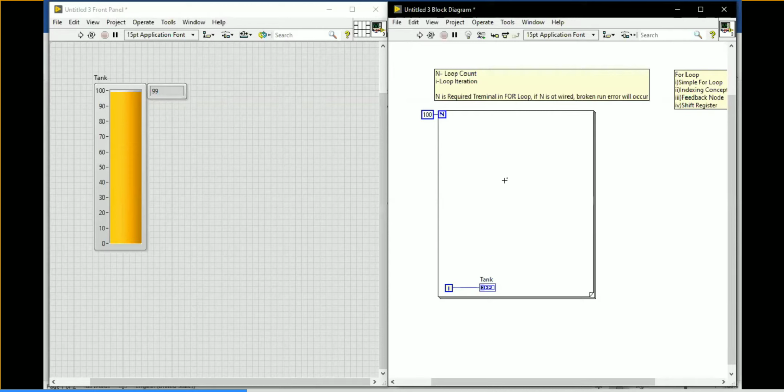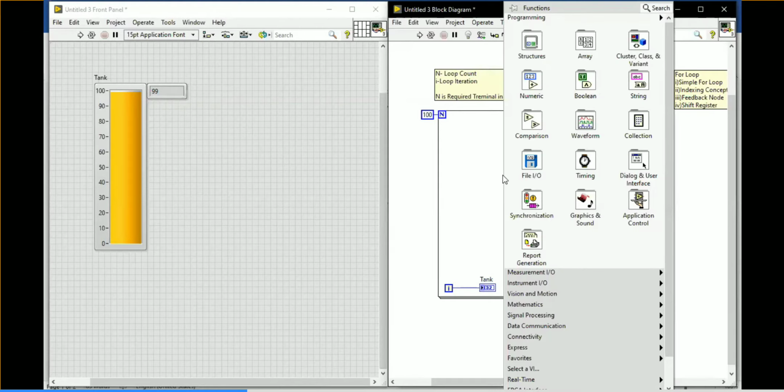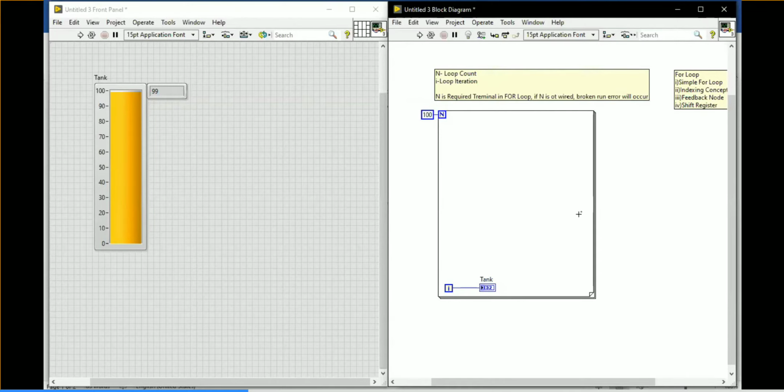So I am going to right click and introduce a time delay in my program. Till now we have not used any delay. Now I am going to introduce a time delay because a loop is used and the program is executing very fast. If you are using loops, either a for loop or a while loop, it's always better to use a time delay in your program. Very important.